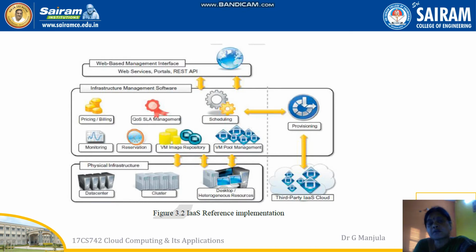All these talk about the infrastructure managing the software on these physical hardware resources or on third party physical resources. Similarly, the outermost layer talks about the web-based management interface. That is about the application, to develop that application, and I can use that application from anywhere at any time. It is called software, called a web-based